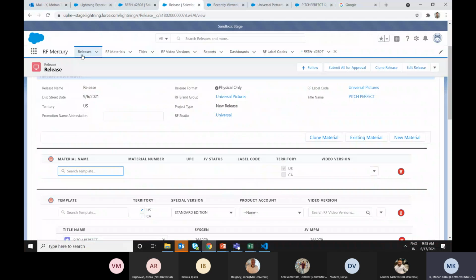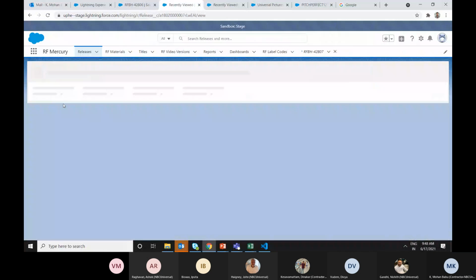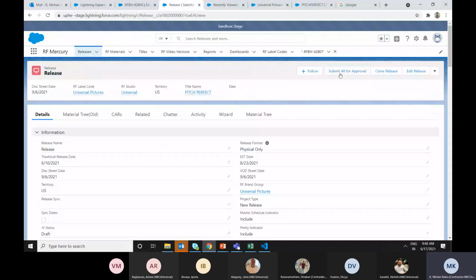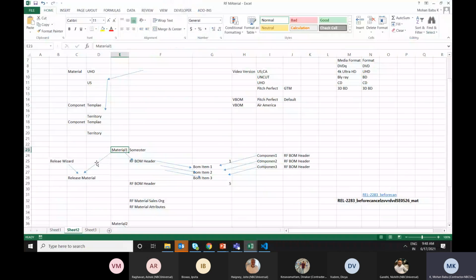Basically it is from the release. If this is a release and I submit all for approvals, what it means is that all the related details of this release, like video versions, VBOMs, materials and titles, should get submitted together.